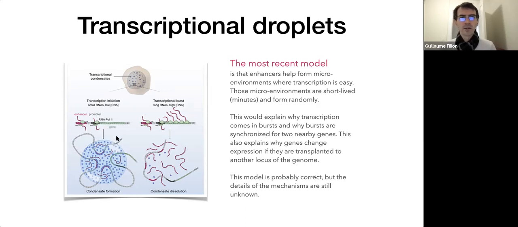So how does that work? You can think about it with this here. There's kind of a mini bubble of transcription that will happen, which will take several genes in it. Think of it as an explosion. Something happens here that changes locally the concentration of the molecules in the nucleus, but very, very